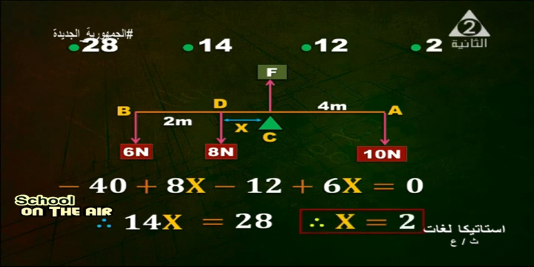28 divided by 14 equals what? Equals 2. In this example, to find the value of x, we must find the moment about C. Someone may say the force equals the summation 6 plus 8 plus 10 equals 28 Newton. After that, we find the moment at A to calculate the distance x. This is right, but this